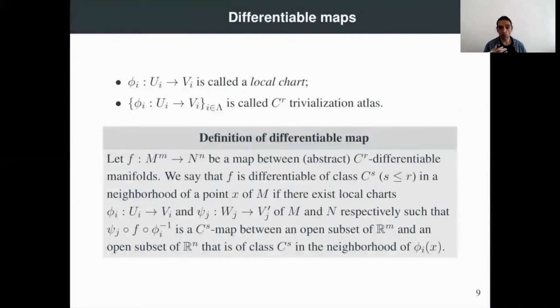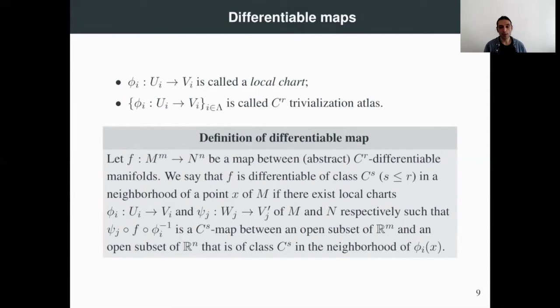And what we can actually use these local charts for is basically doing differential geometry. We can define, for instance, differentiable maps. For instance, if you have a map between abstract C^r differentiable manifolds, we say that f is differentiable of class C^s, s has to be less or equal than r. We are going to discuss that point